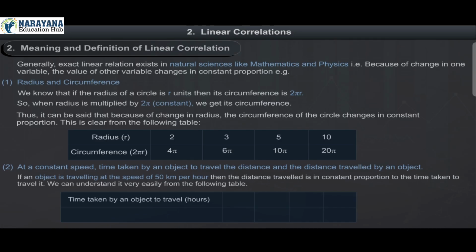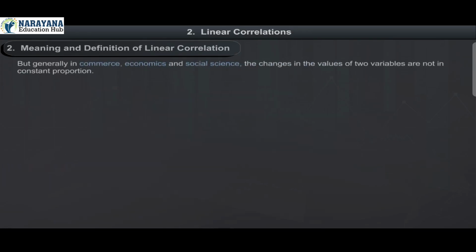Time taken by an object to travel, in hours; distance travelled by the object, in kilometers: 2 hours, 100; 3 hours, 150; 6 hours, 300; 10 hours, 500. But generally, in commerce, economics and social science, the changes in the values of two variables are not